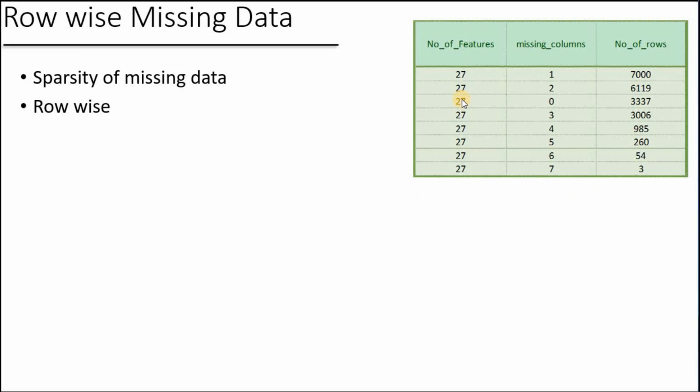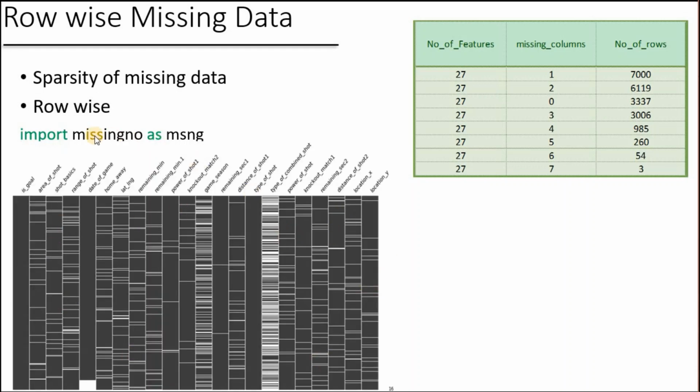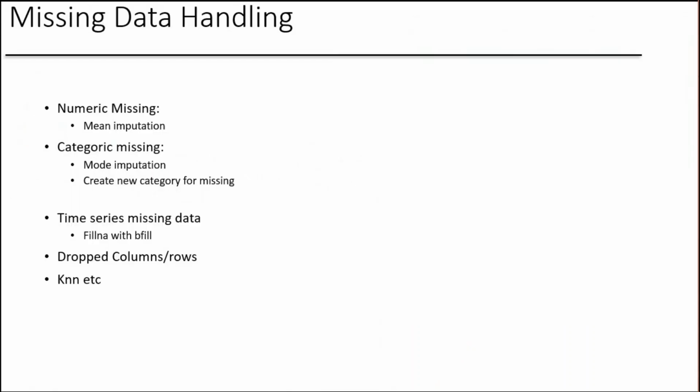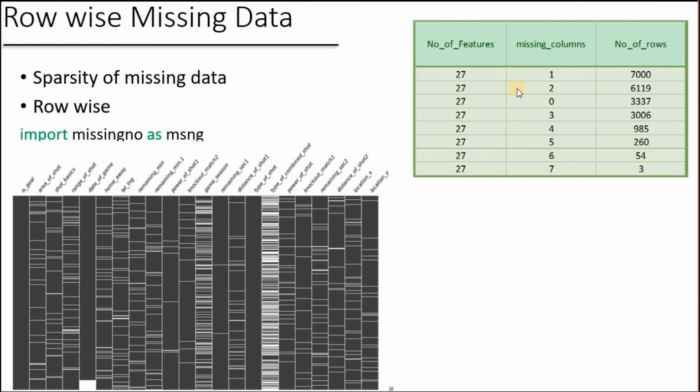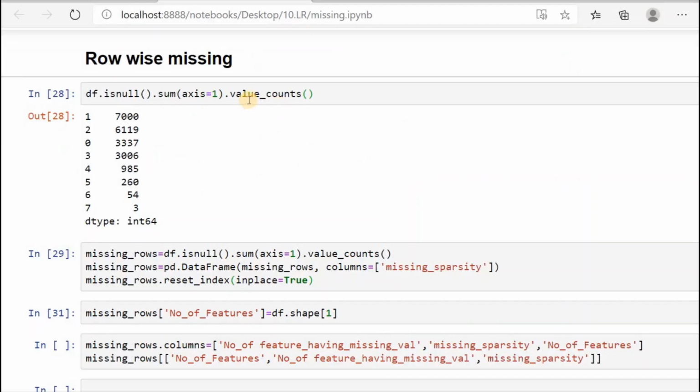Along with making such a report, we will also see a very informative library called MissingNo, where we can visualize the missing data analysis in a better way. We would create a plot like this one using this library, and we will see how we can interpret this report and what information we can derive from this plot. So let's go to the Jupyter Notebook to see how we can achieve these two plots and reports.